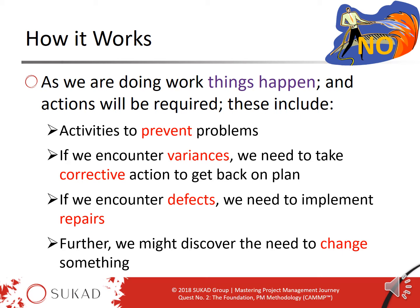Now, I don't know if we have said this somewhere in this course so far, but the key to the whole concept of project management is to be preventive rather than reactive. We want to be preventive: prevent problems, prevent fires, not fight fires. Obviously, if there is a fire, we have to fight it. But the more fires we are fighting, that's an indicator that we have failed in planning, or we failed in